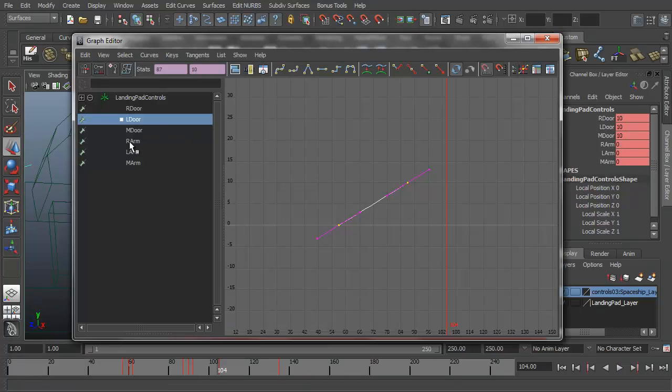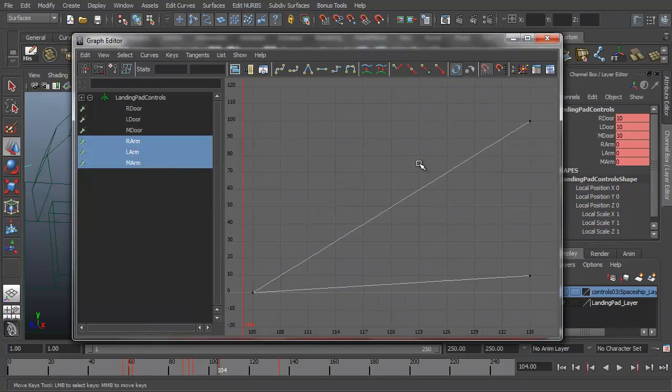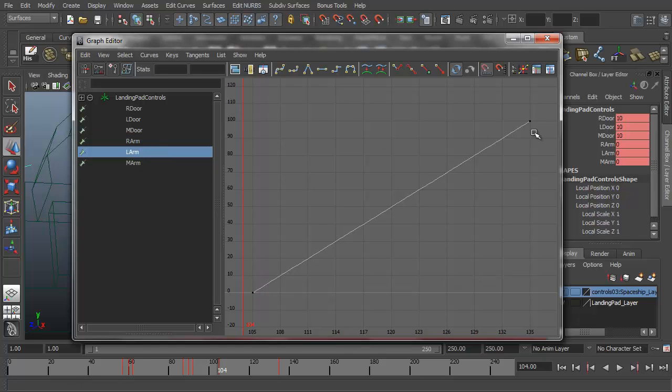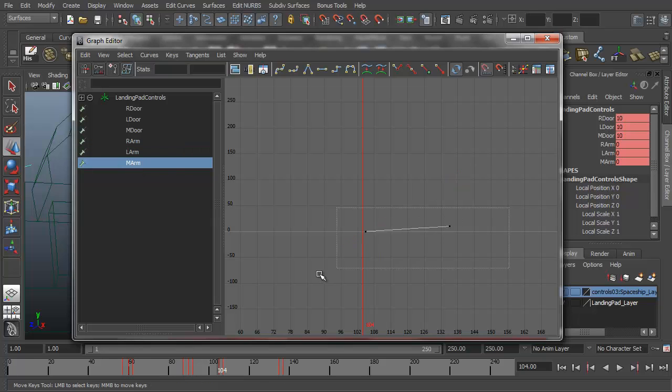So back to our graph editor, we can grab our right arm, left arm, and middle arm, press F key to frame those. Because the middle arm had a range of 0 to 10, the curve is much shorter than the 0 to 100 range that the right and left arms had. So we can grab the left arm, select both keyframes, and we can again shift those keyframes over a little bit. So maybe grab the middle arm and do the same, going the other way